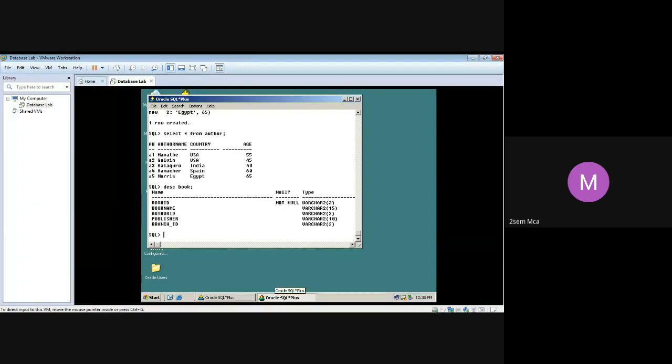Have you all done with author? Can we proceed? Right, those who are finished can share the data with others if they have not done it still, because I want to finish with the insertion. We are running out of time. Okay, already 12:35. All right, so next is insert into book.